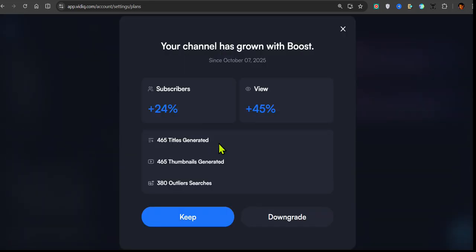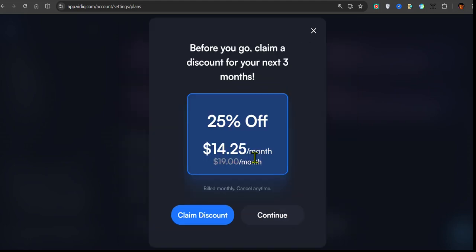So from there, now it will update your plan. So as you can see here, now if I tap on this downgrade button, so from there now I'll tap on this continue button. So from there